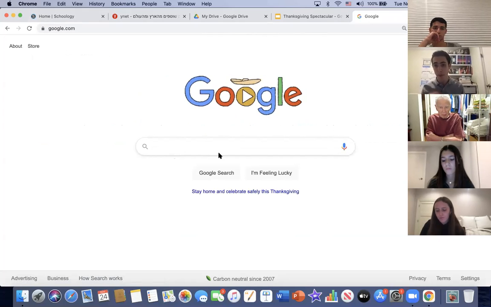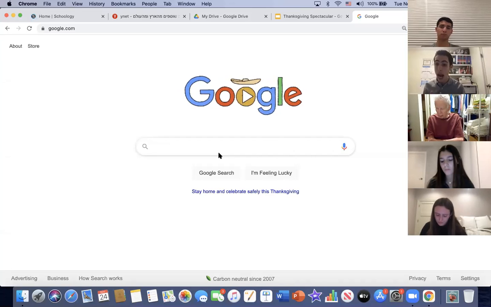Okay, now to find something on Google, this is the Google search bar. You just have to type something in, a specific keyword that you're looking for. I'll just mention that it's important to be specific when you're searching. This is something that we emphasize a lot in the class, because people tend to type in search terms that are either too long or include unnecessary words, or even words that will take them to an incorrect search. So the example I always give is if you type in Apple, right? If you type in Apple,